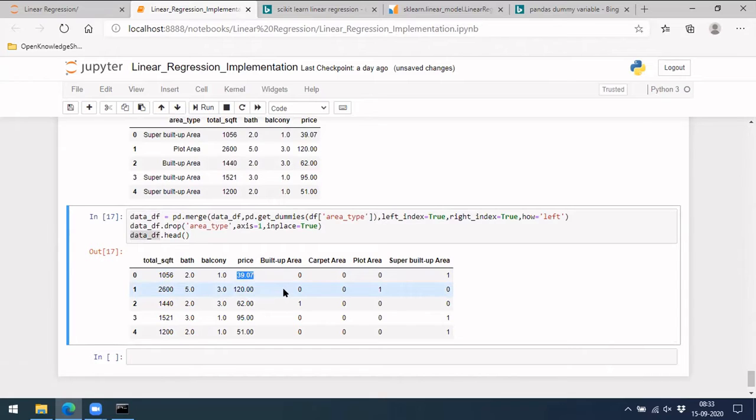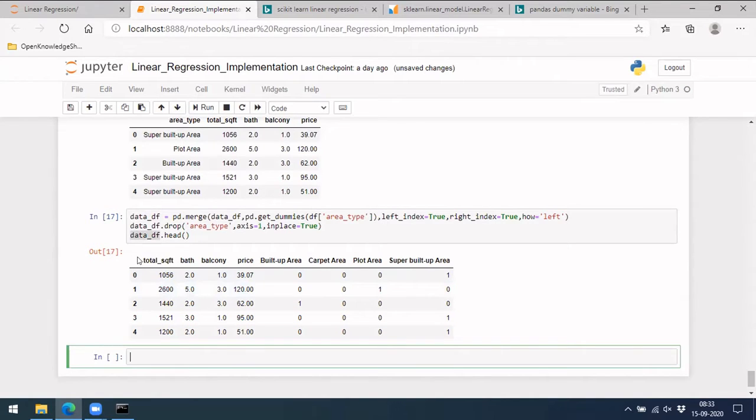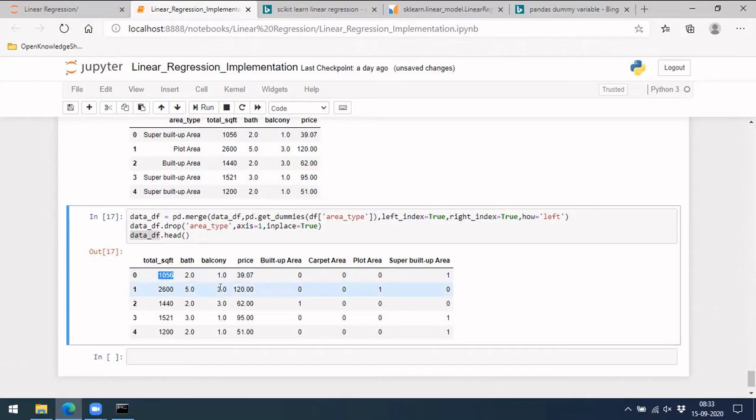If they are in different scales, then our gradient descent, the algorithm we use for getting an optimal value, will take more time to reach the optimal value when the features are of different scales. This one is in the 1,000 scale, this is in the 110 scale, this is in the 100 scale, something like this. In such a scenario you will face some kind of delay in gradient descent reaching the optimal point.